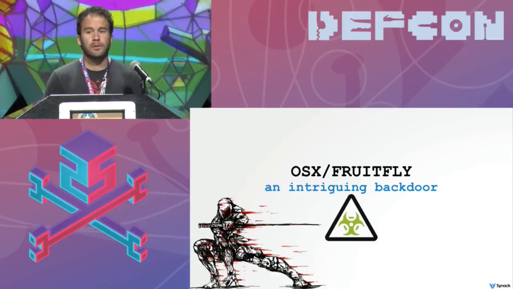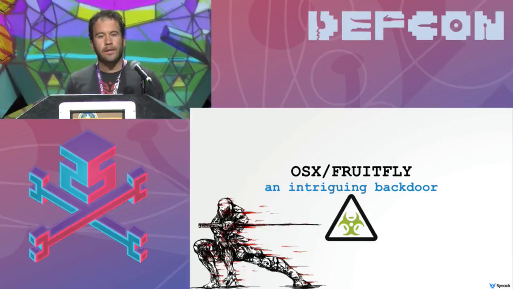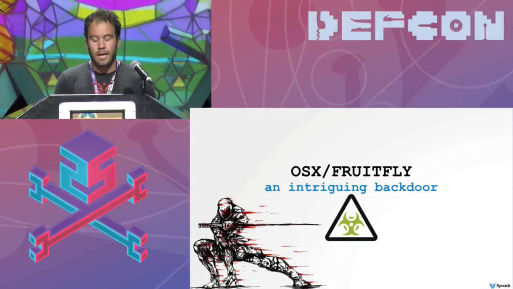So I mentioned the target is going to be a Mac malware specimen named FruitFly. But before we can build this custom command and control server to task it, we need two things. We first need to figure out the address that the malware is trying to connect to, where it's looking to connect out to for a command and control server. And then what protocol does it speak? Because this will allow us to create a compatible command and control server,